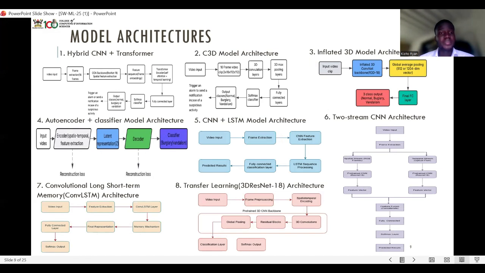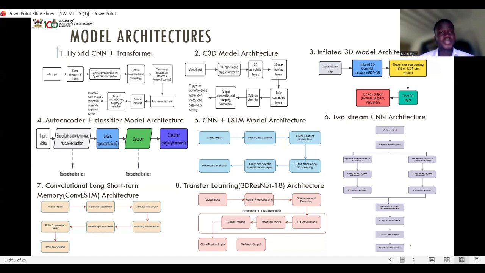We were able to try 8 different architectures, and all of them use a similar pipeline, but are differentiated by the way input is optimized before it is preprocessed, and how spatial and temporal learning are handled, but all to give classified output.